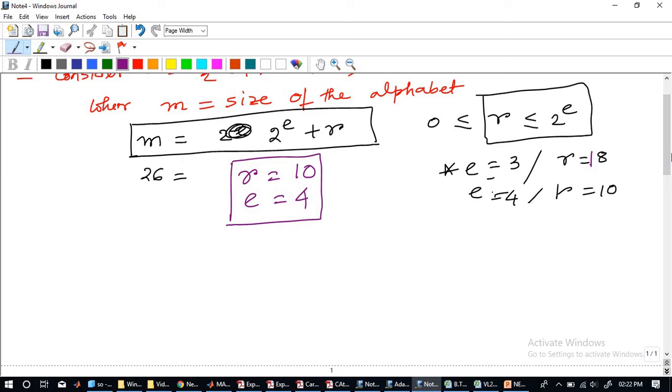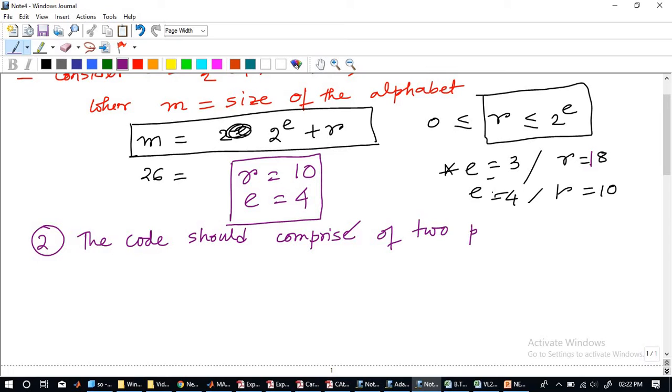Now the second rule is that the code, because this is after the updation process is done, should comprise of two parts if the letter has appeared for the first time.